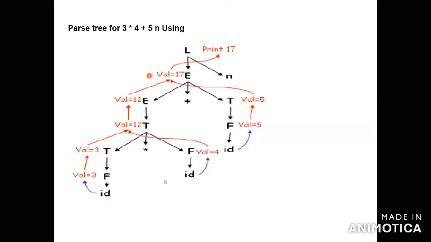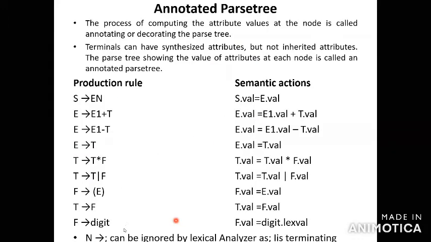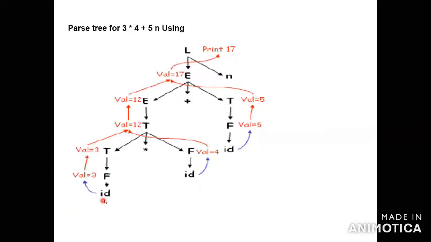Based on the parse tree, you have to give the context-free grammar. So what is here? F tends to digit. The digit can be F. The F can be changed to T. It's correct. Similarly, you have to check. ID is digit. Digit is 3. So the digit can be changed to F. So what is F? F is 3. So the F can be changed to T. So what is T? T is 3. Again check, 3 will be completed.